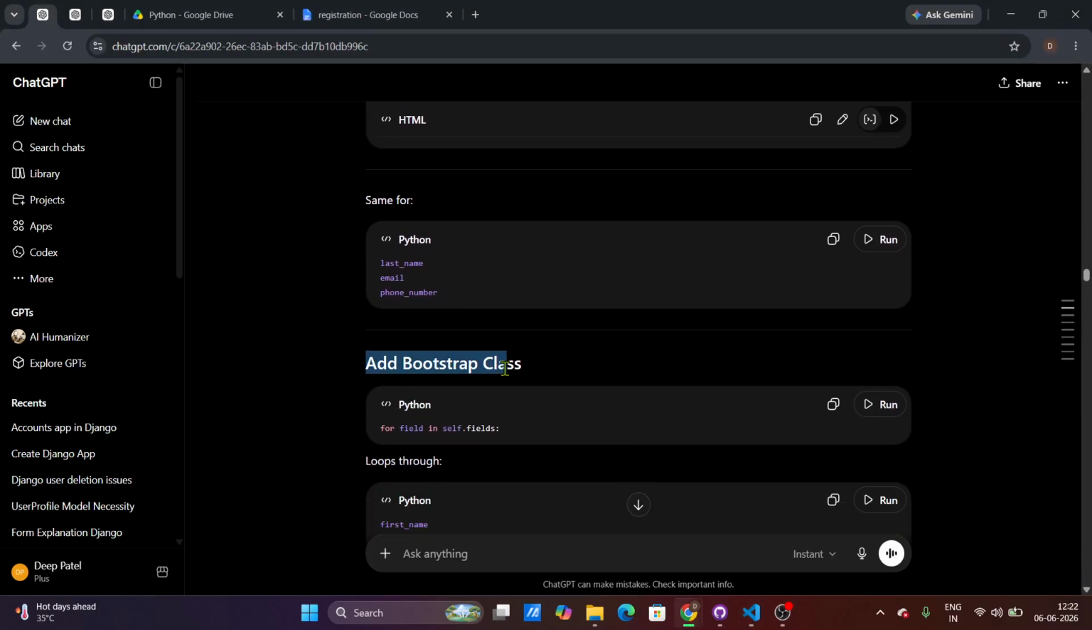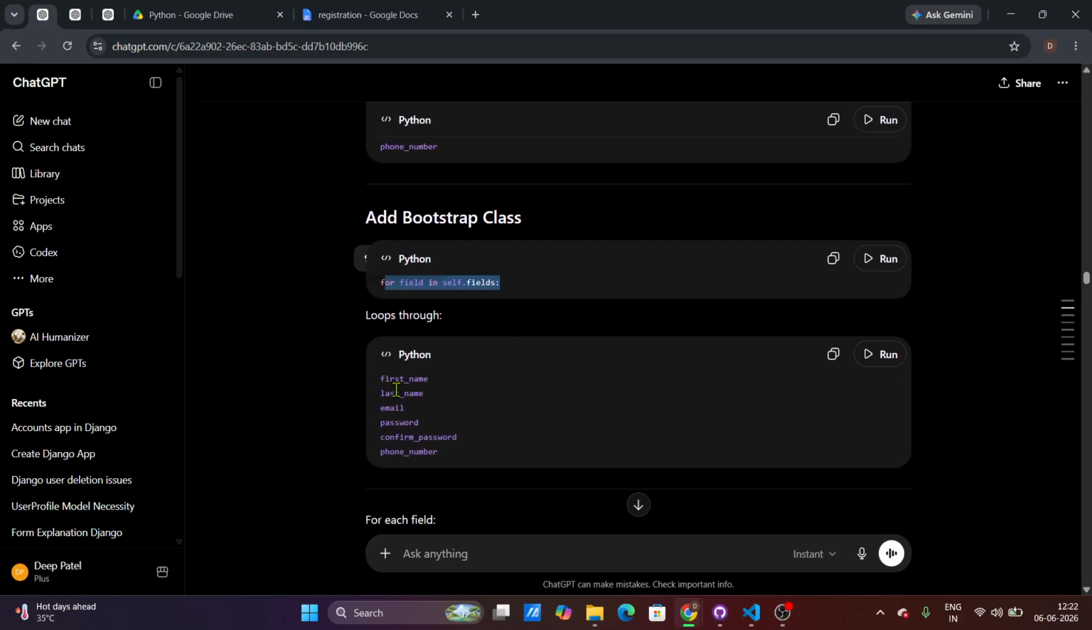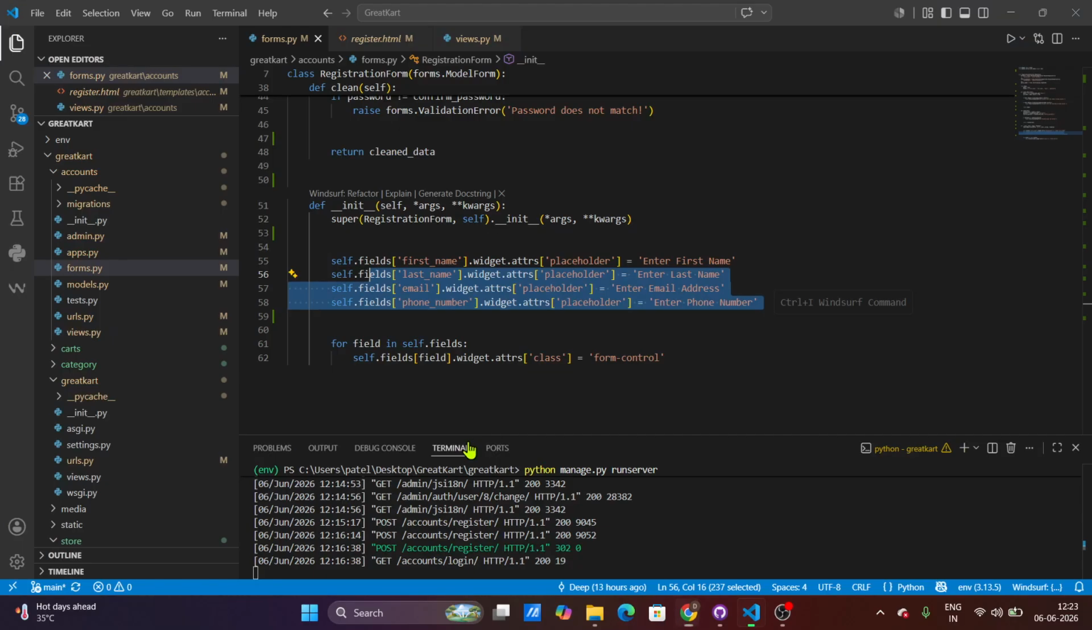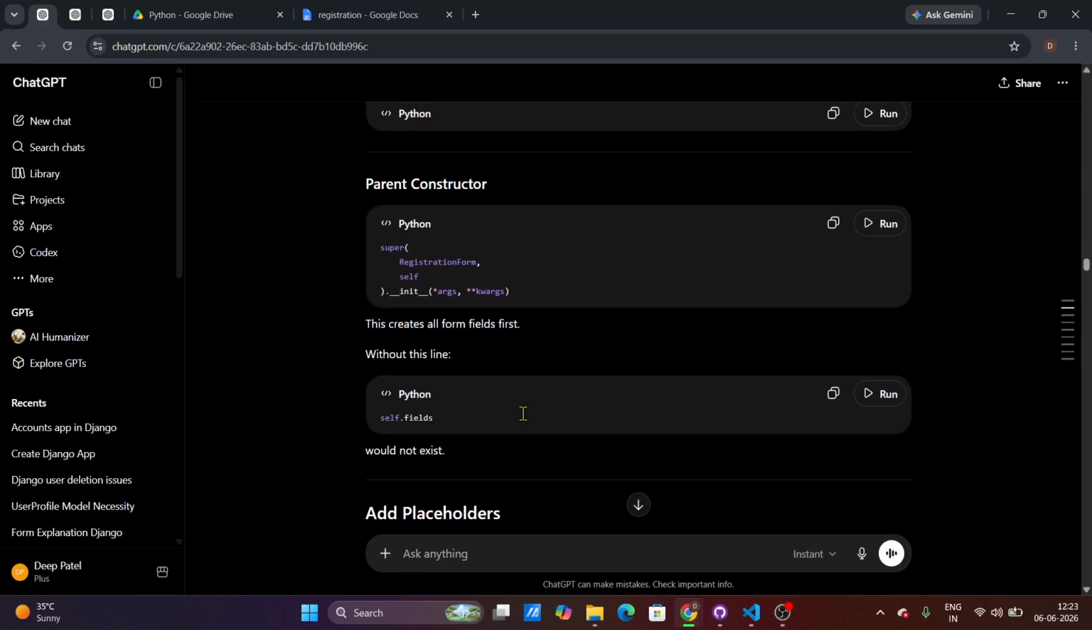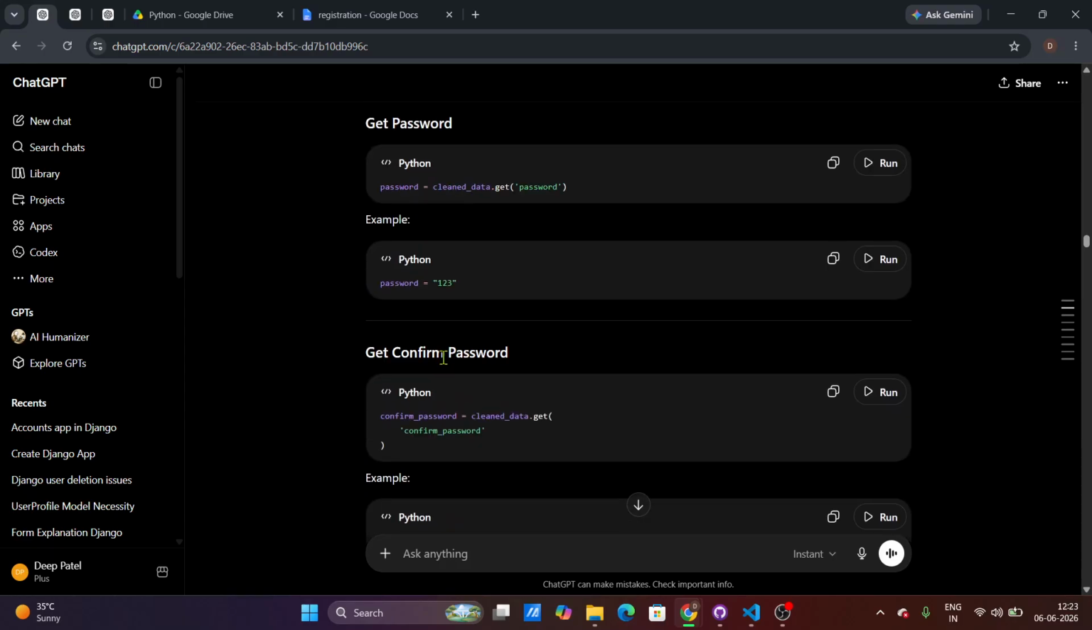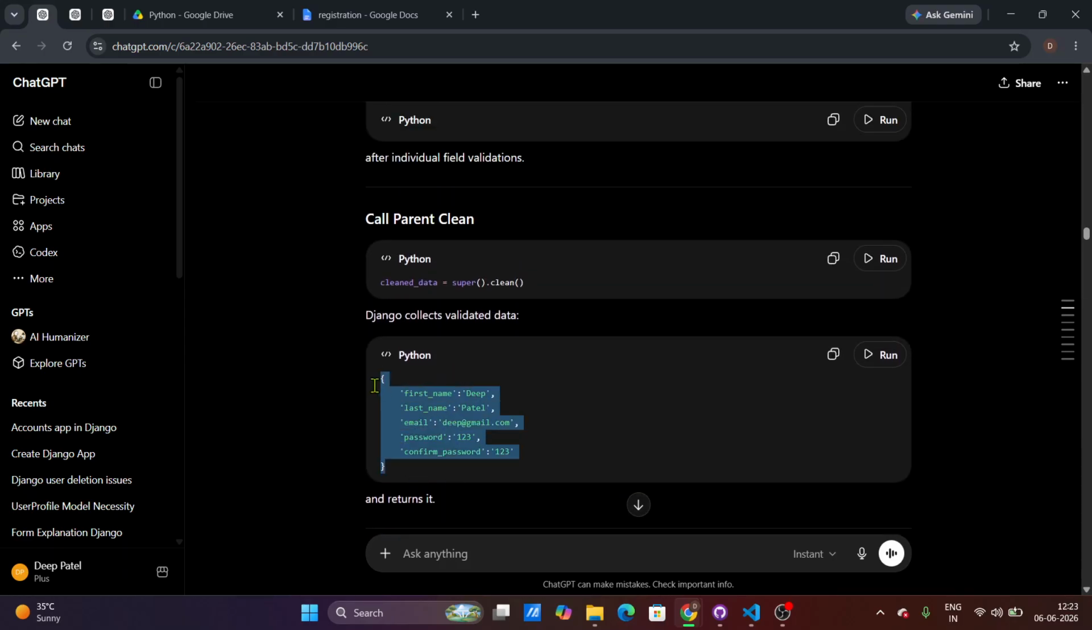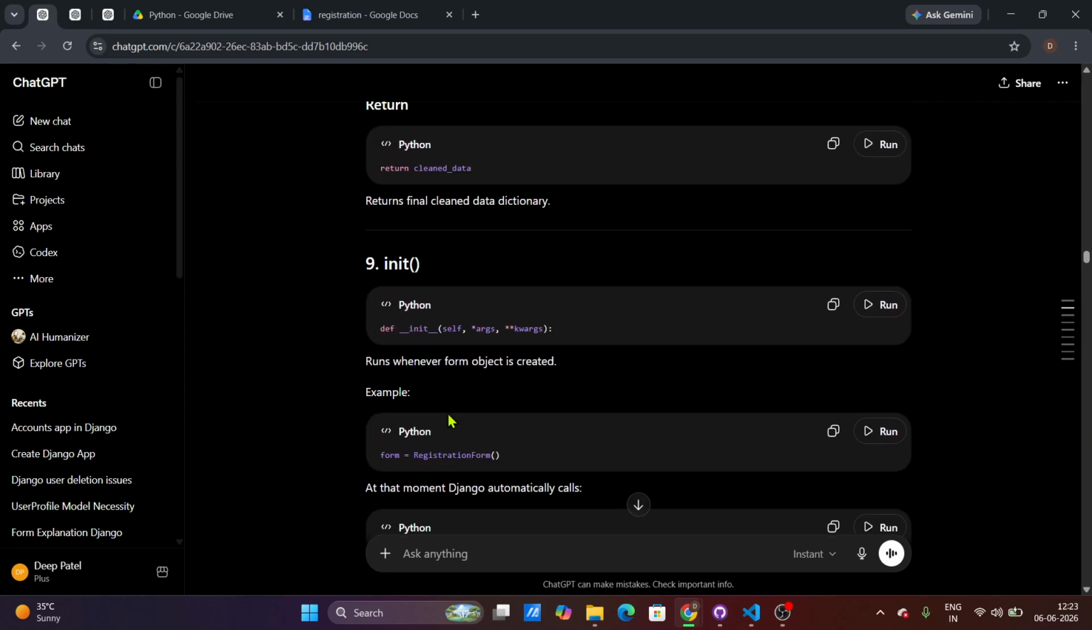And this is for the bootstrap class, which loops through first name, last name, email, password, confirm password, and phone number. Inside self.fields, we have all these kinds of fields in dictionary format, which I have shown you guys. You can see like this, we have all these things in our self.fields. Okay,